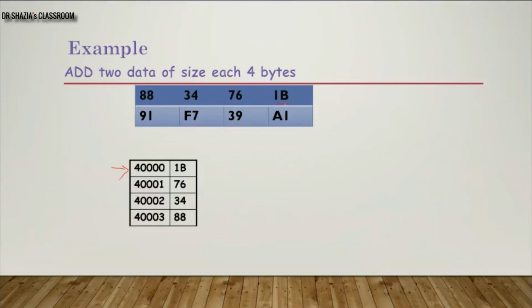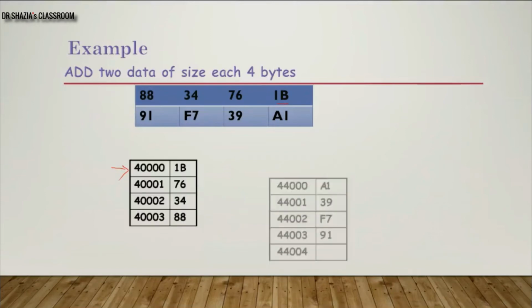So my 1B will be stored at memory location 40,000. Then at the next memory location 40,001, the next higher significant byte, 76, will be stored. At memory location 40,002, the data stored will be 34, and at 40,003, the data stored will be 88.